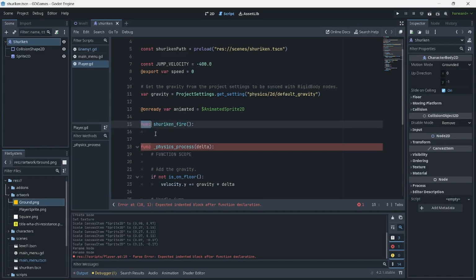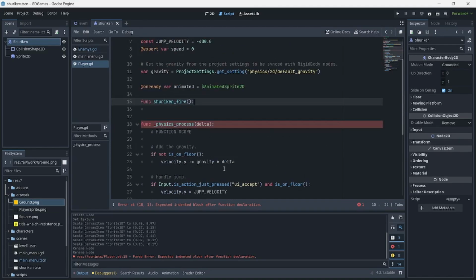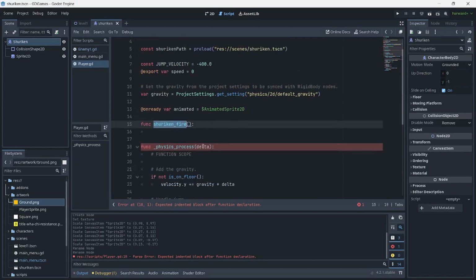And functions can have identifiers that we can call all around our code. As we can see here, we have some functions that are built in, and there are some functions that we can customize and create on our own. Now let's try to create